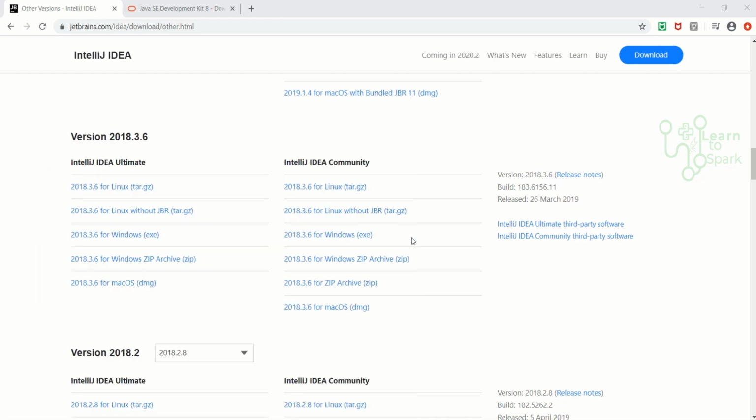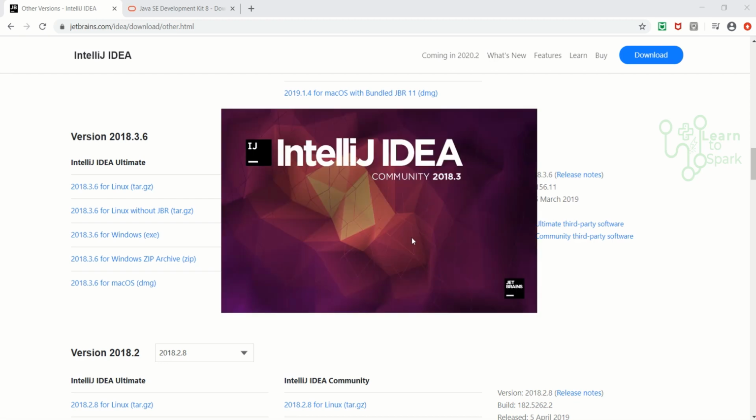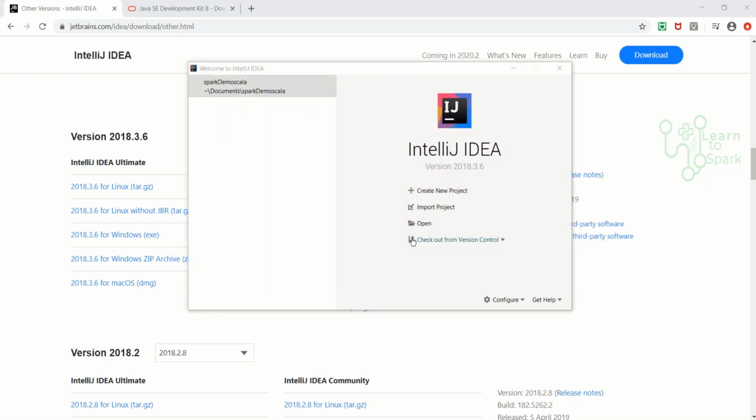So I have opened the IntelliJ now. Our initial setup will take some time. It's a one-time process, but we need some patience to set this up on our machine. As a first step, we need Scala to be installed in our IntelliJ.